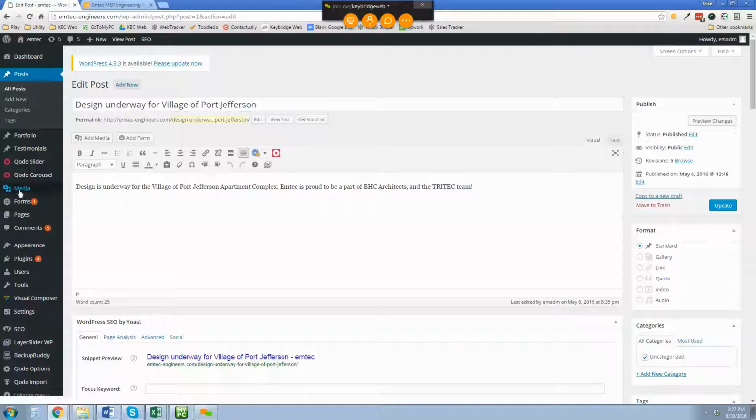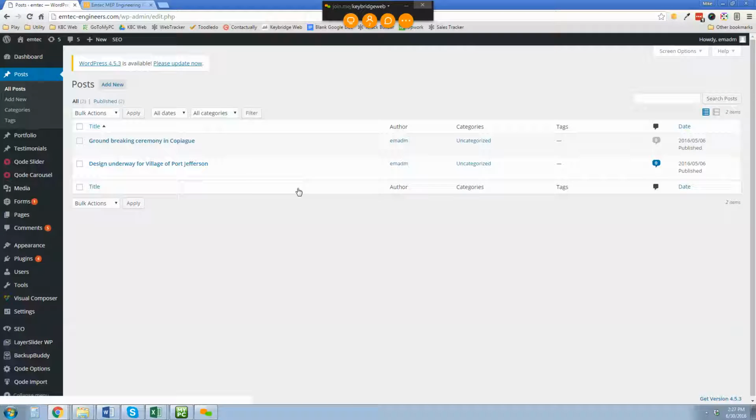So if I go over to the left-hand side and look at all posts here, you can see that right now we have these two posts in here. So if I wanted to add a new news item, you could either click add new, or my preference is to use an existing one as a template. So let's just say I wanted to do a new one, I'll just say copy to a new draft,